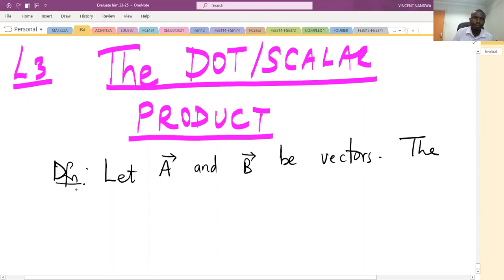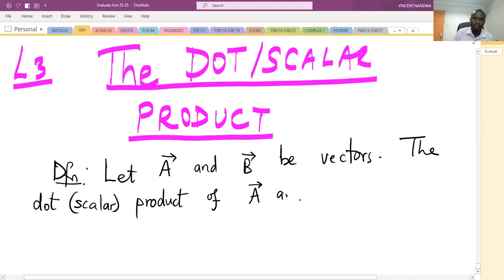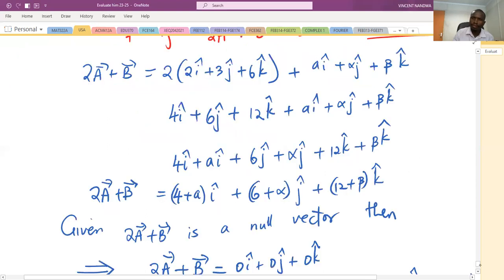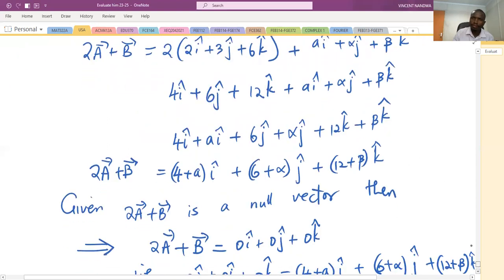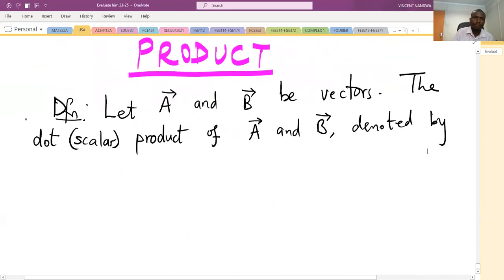The dot product, the dot or scalar product of vectors A and B, denoted by A dot B, is given by